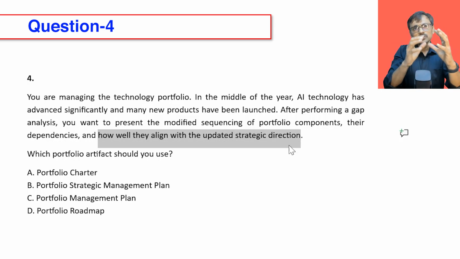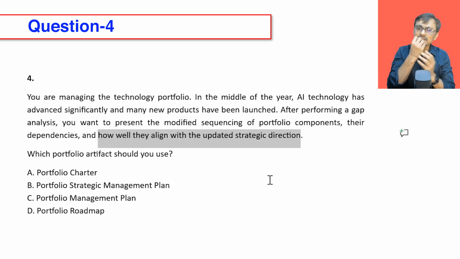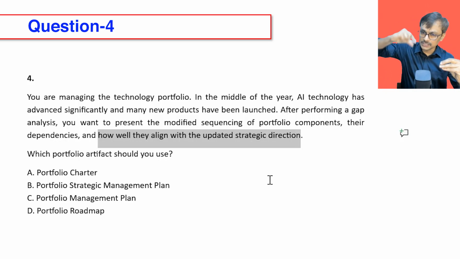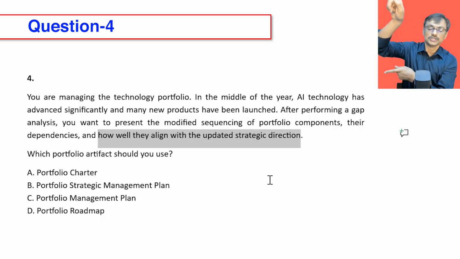So roadmap looks like dependency and milestones and sequence. Where is this strategic direction thing coming in? Now here we need to remember, especially if you are coming from a PMP or PgMP kind of background, where roadmap is more about that. In portfolio management, roadmap is expected to have a strategic objective achievement indicator also inside the roadmap. Yeah? So the milestones should show when we are achieving the strategy objective and which strategic objective we